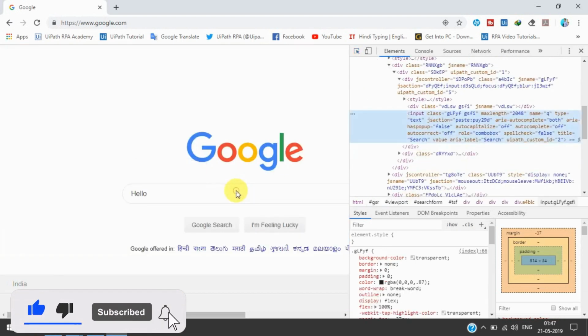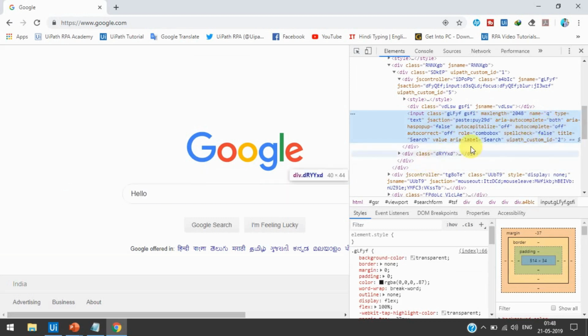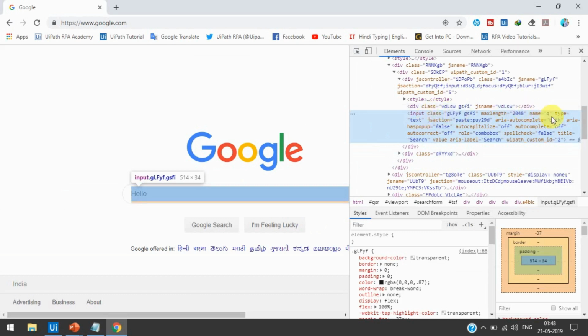For hello, we are getting input class, maximum length 2048, type equal to text, right? This way we can look for the class, name equal to Q, type equal to text. So this works the same as a selector, right?